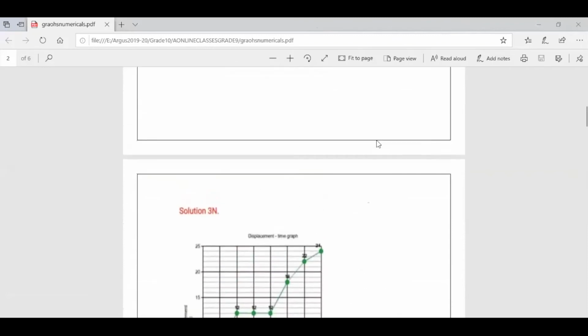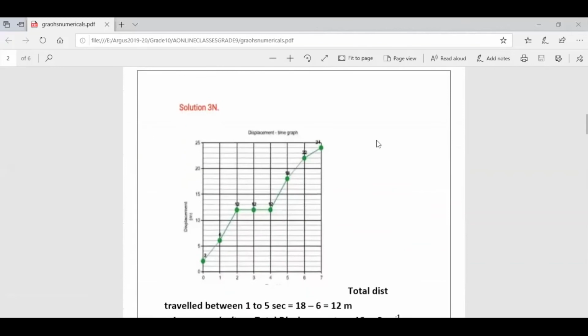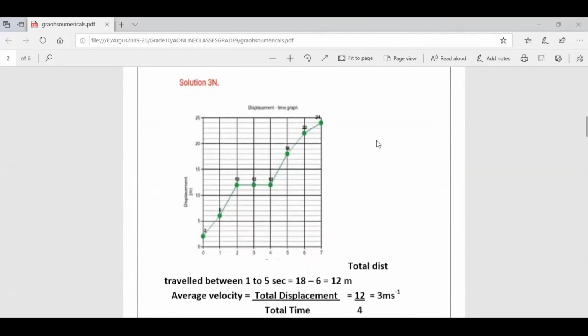Now, there is a question. I want you to do this tomorrow. That is why I'm showing you the solution. Everyone, there is a question in your books. According to my book, it is on page number, see, exercise 12B. Just see the numericals. In my book it is page number 47. Yours might be 48 or something. Question number 3, after the multiple choice questions, there is the numerical.